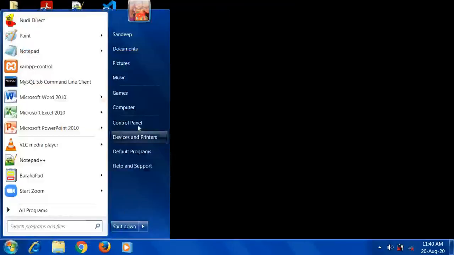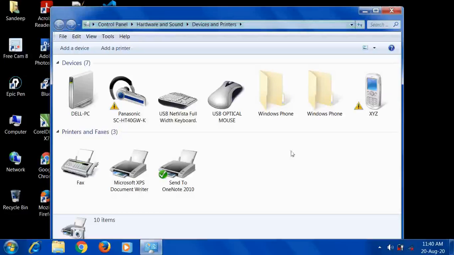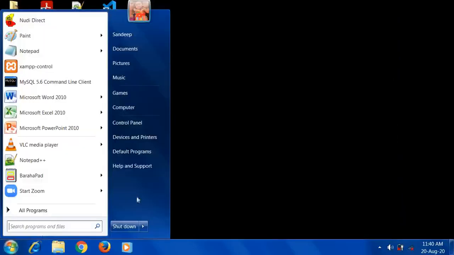When you click on this control panel, it opens, and the devices and printers option is given. By using this, you can set up the printer. When you click it here, if you have an attached printer, the printer list gets displayed. Only if it is installed does it get displayed. Then if you want to manage the printers, you can. Here the add a printer option is given. By using this, you connect your printer and set it up, that is printers, scanners and all. You can set it in this window, devices and printers.